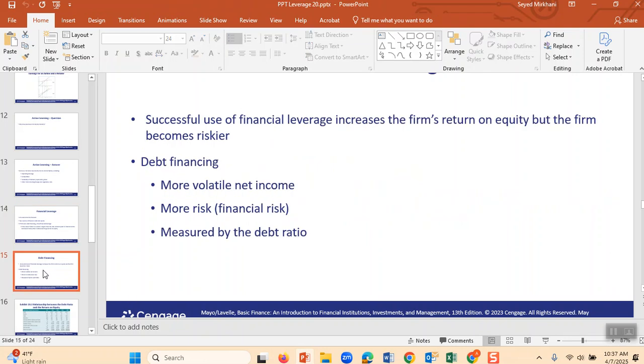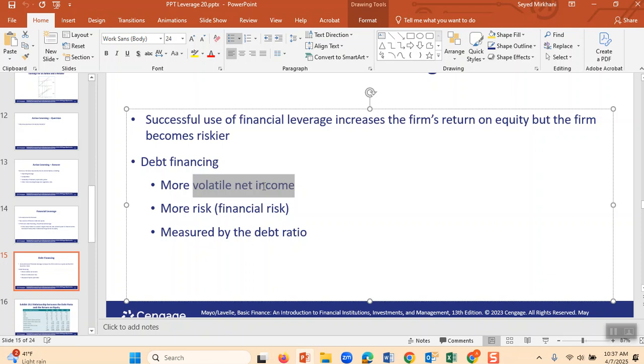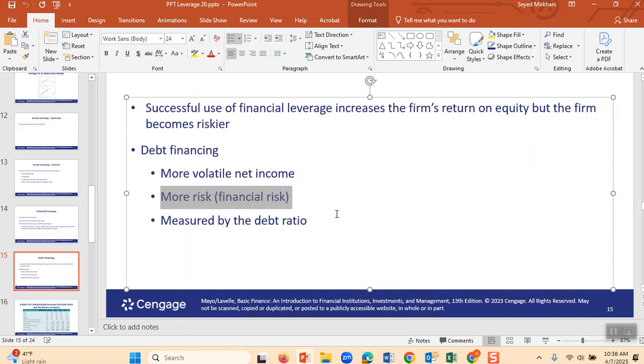And therefore, we come to this one. When you are using financial leverage, you will have more volatile income and you are carrying more risk. I told you, if you don't sell anything in the restaurant, the doctor wouldn't come to shut down the restaurant, he just keeps working with you.